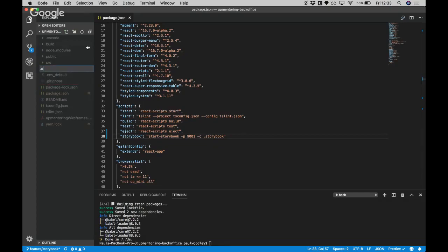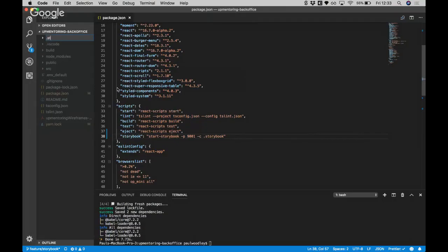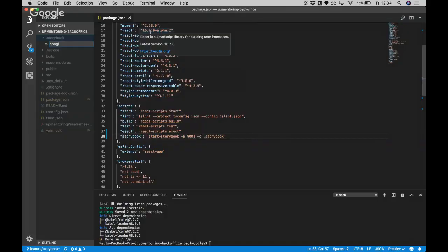Is it .storybook? Yes. Yeah, that's what I thought. Oh, I didn't do it. Never mind. Oh no, it's up here. You have a .storybook folder. And then inside that folder, we can create a config.js file, I guess. Let me double check. Yes,